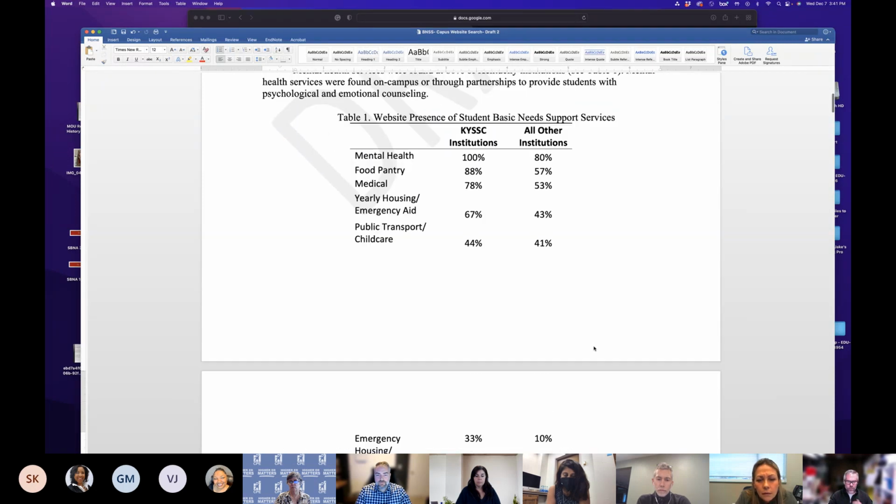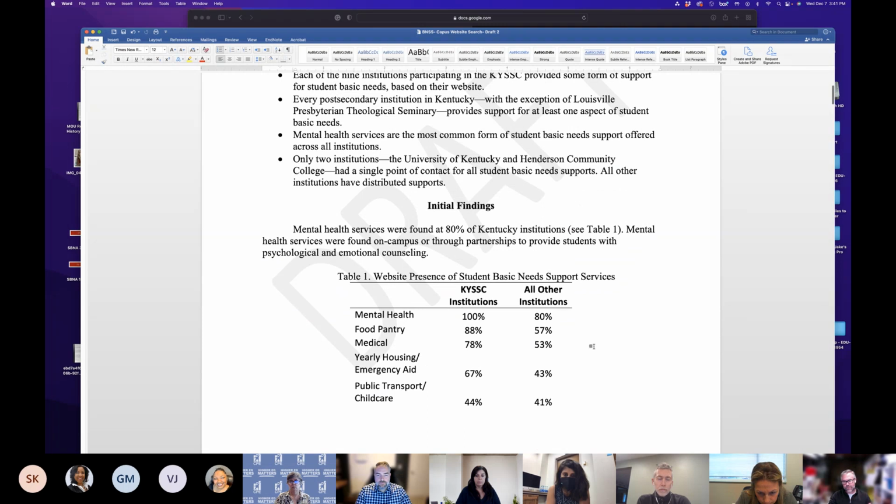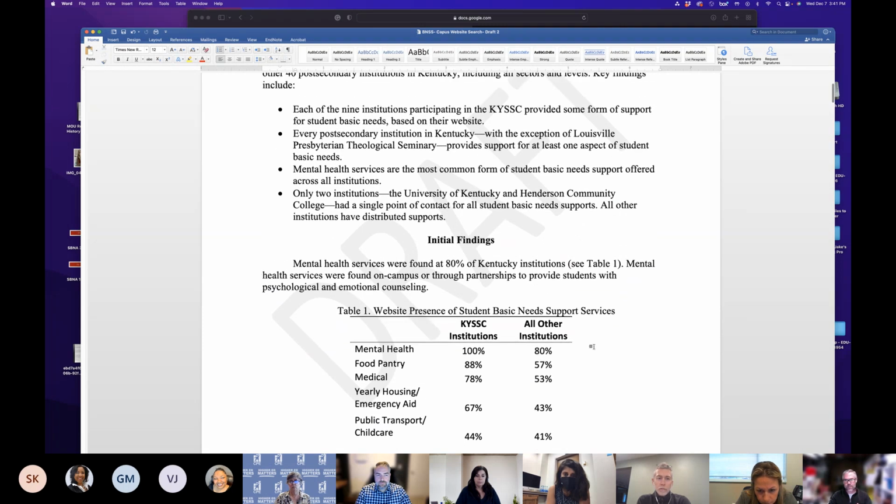We did find only one institution, and for those of us that are familiar with Kentucky, this may not be surprising: Louisville Presbyterian Theological Seminary, which is of course a special mission institution and would serve adult students. We couldn't find any mention of student basic needs supports